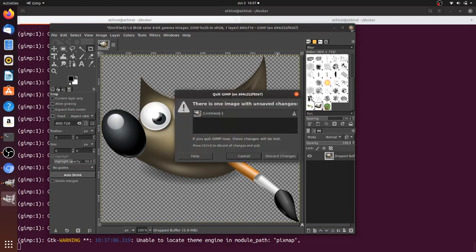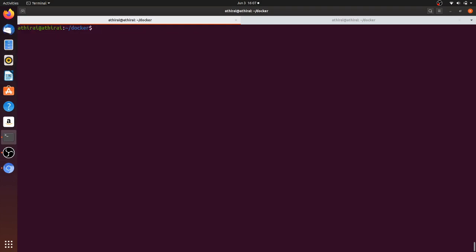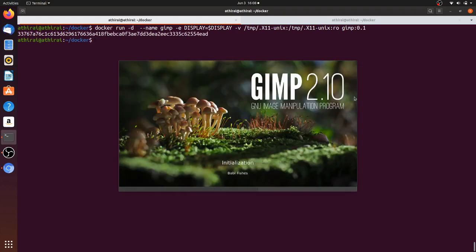Like this you can install Skype, Firefox, any GUI application. So what is the purpose? Why do we want to run this when we can install it in our host machine and use it? That is the purpose of Docker. You don't want to install anything in your local machine, but you want to try several versions of the same software. Say GIMP, you want to try version 1, 1.2, 1.3. You can try all those without even installing them on your host machine. You can use it like this. That's all for the day. Thank you guys.